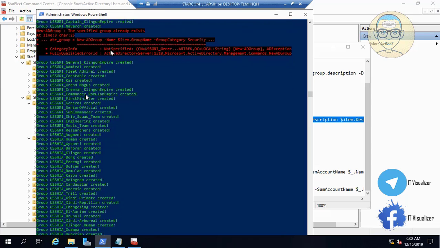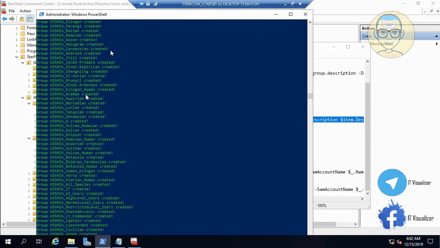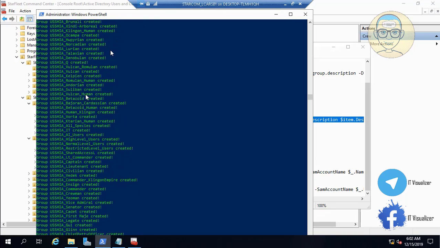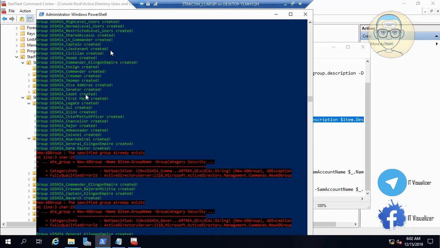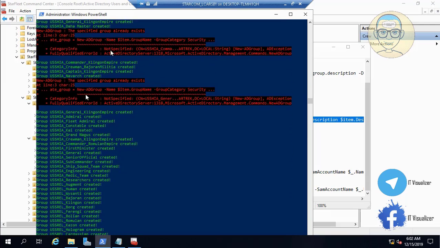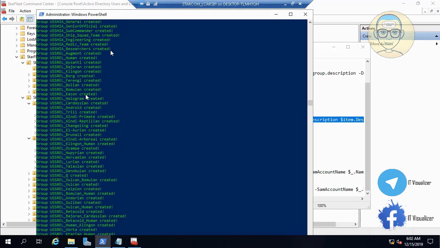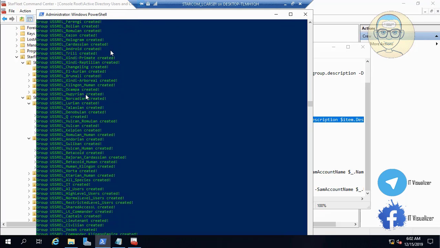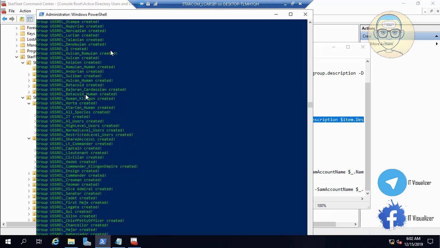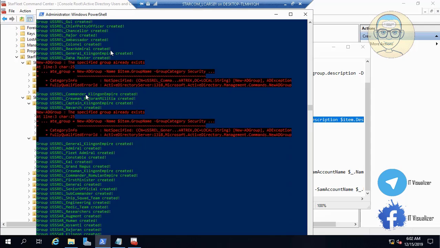It's taking a little bit of time, of course. As I said before, it's 1067 groups. So we can see from the labeling or the naming of the groups that every group is related to, or is for, which ship. Okay,